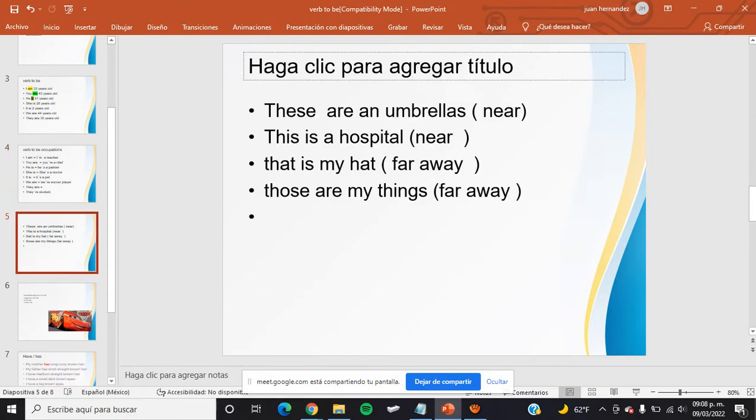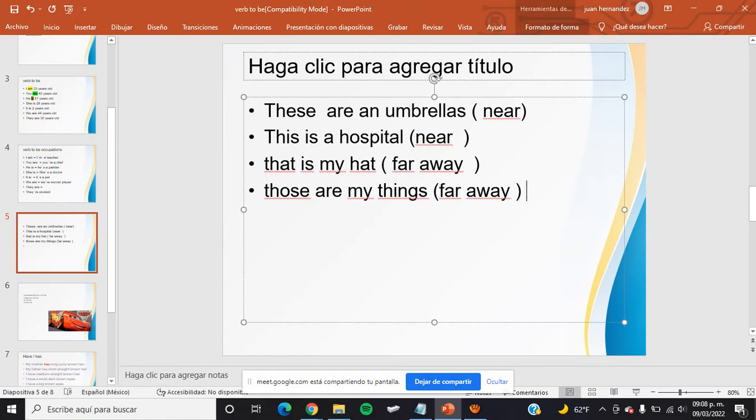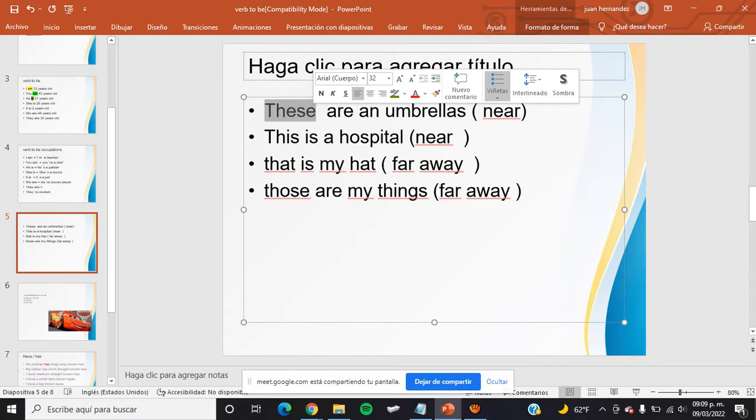Other topic that you have to use for your activity, tu actividad integradora 1 y tu actividad integradora 2, is these are umbrellas. Esas son unas sombrillas. These are umbrellas. Is the object, in this case, this is plural, esos son unas sombrillas, y es algo que está cerca. This is a hospital, es algo que está cerca.